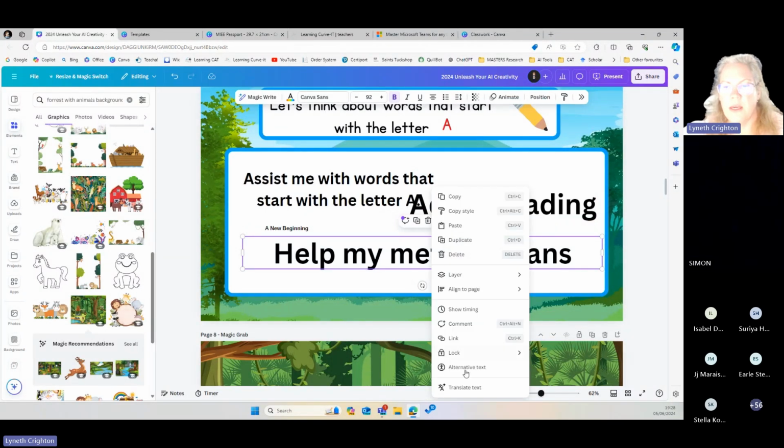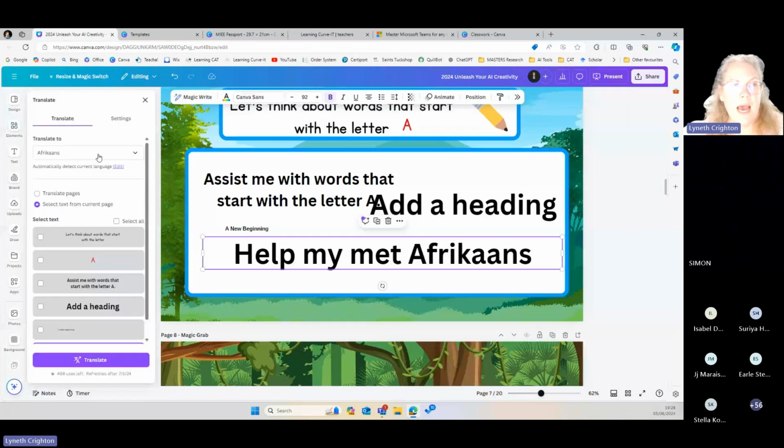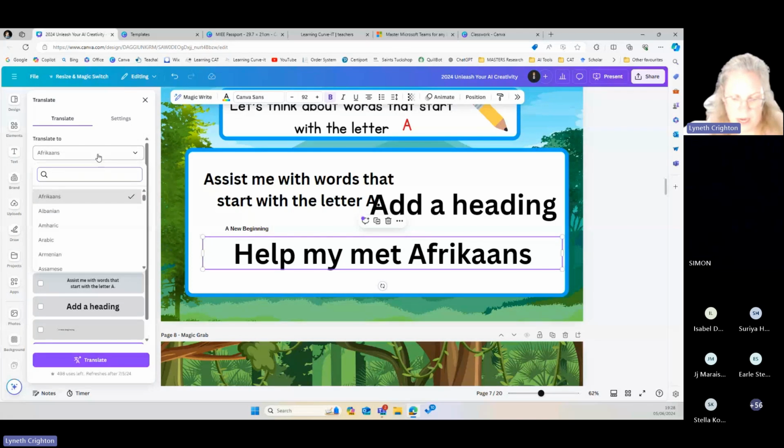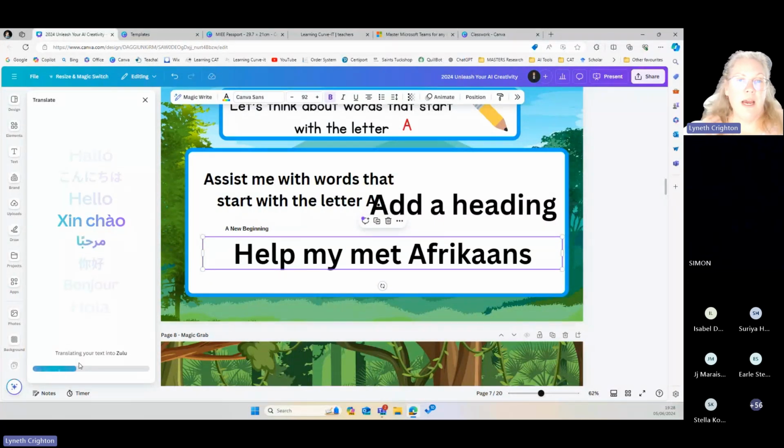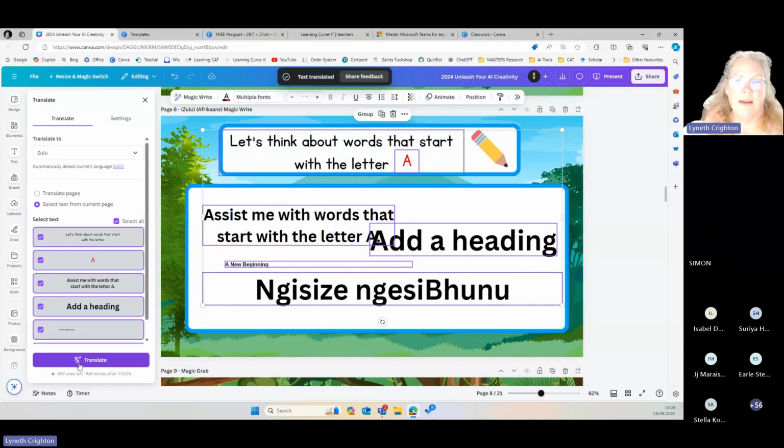The second thing is if I go to translate, I doubt that the African language, here is Tembi, I'm not sure, because my Zulu is not that great.